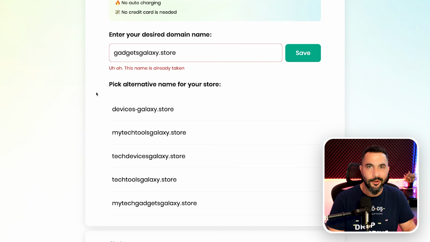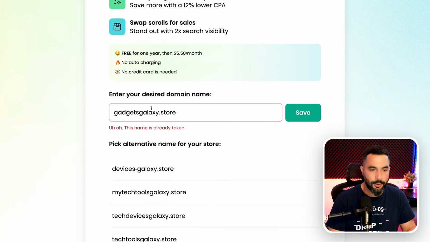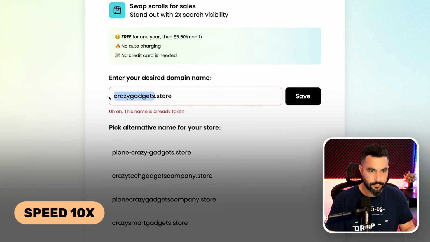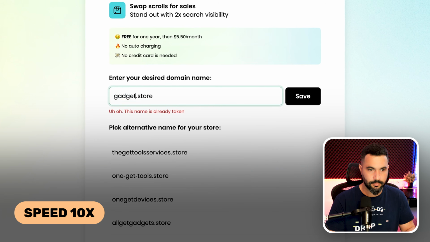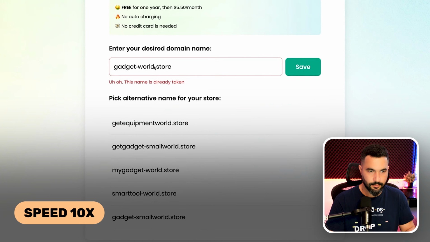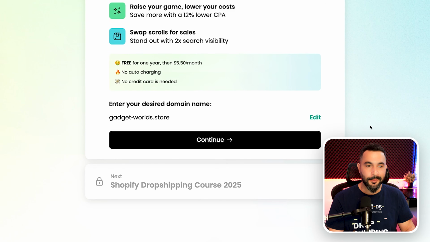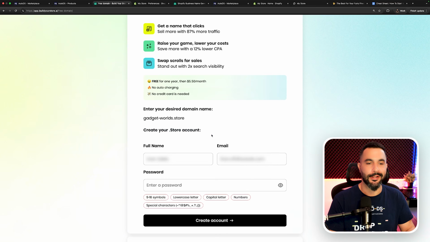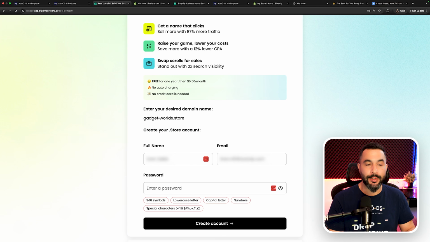People are registering domains all the time. So of course we might not get it on the first try. Okay, I got one. So it's going to be gadgetworlds.store. That's it. I got it available. I hope no one's jealous. I'm going to click right here where it says continue. Now I'm going to create credentials